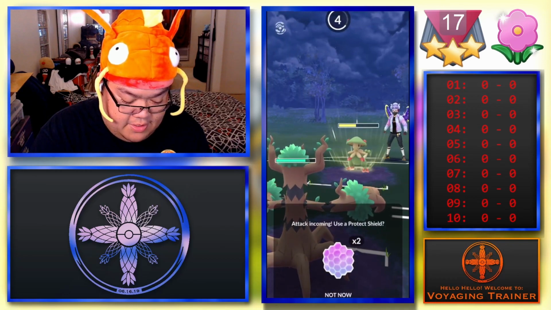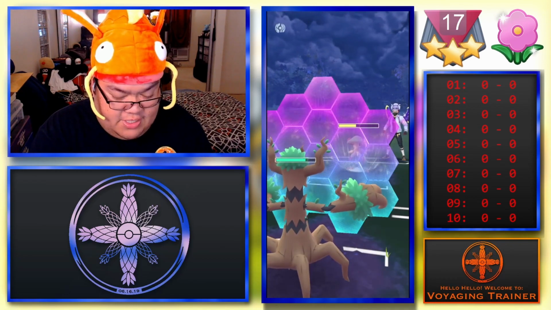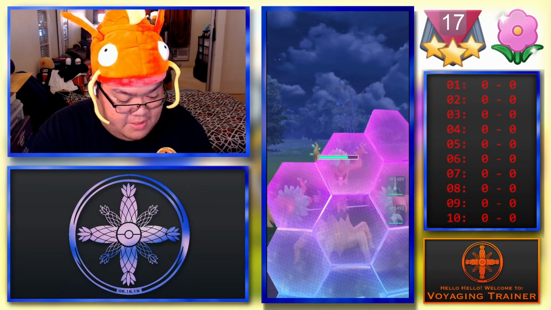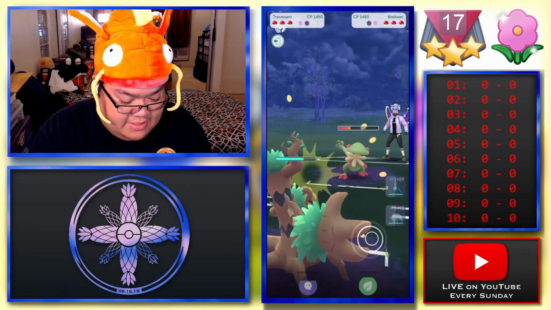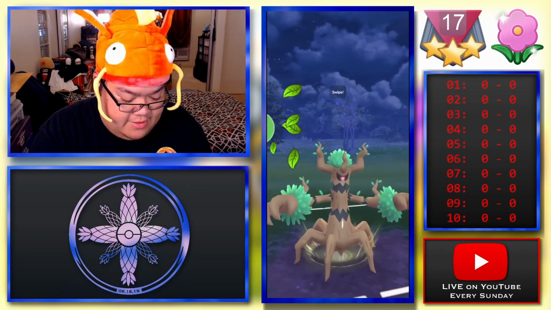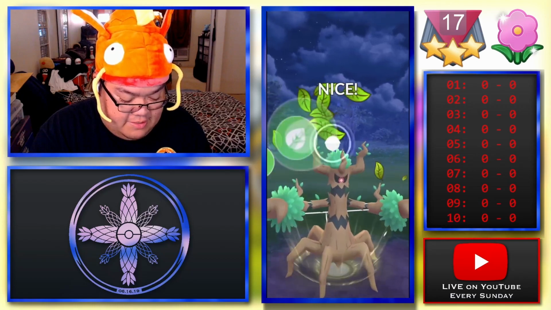And they are coming in with a charge move. I'm going to go ahead and shield. I'm not 100% sure what Breloom knows. It is going to be Sludge Bomb, so if anything, that would have probably packed some pretty nasty neutral damage. But in any event, we might have been able to just clear him out with the Shadow Claws,